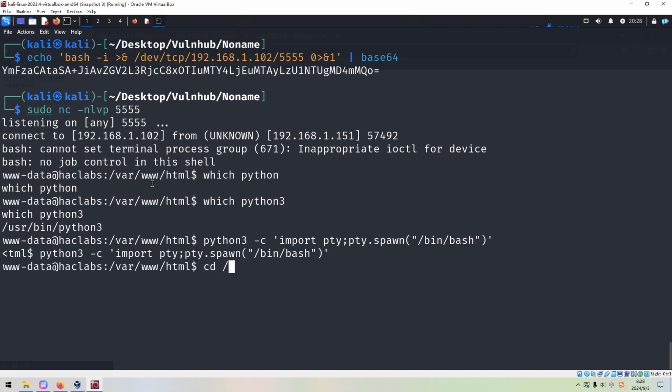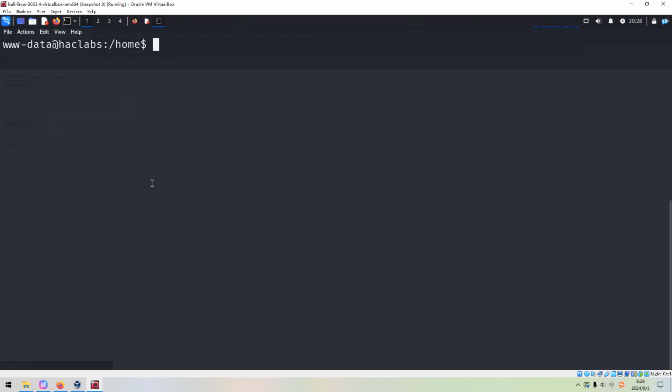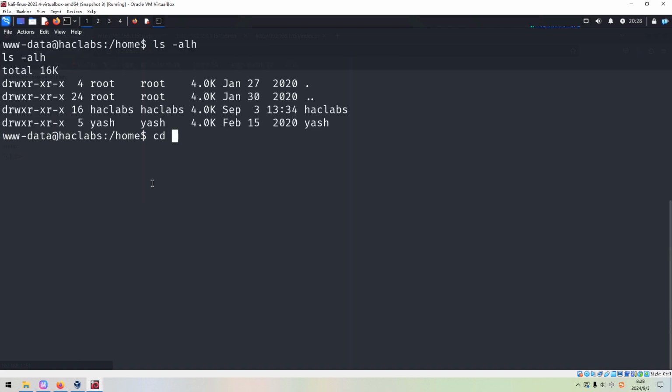Okay, so next I'd like to change the TERM variable to xterm-color. And then next we can do local enumeration. There are two normal users, including Hack Labs.